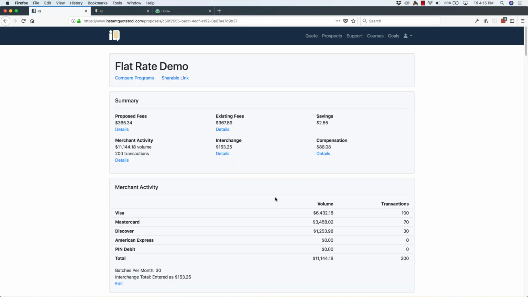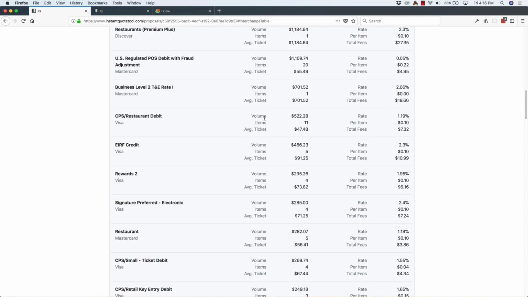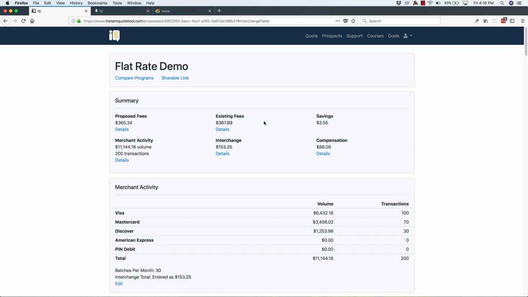Now, that's going to do two things. Number one, it's going to update the interchange number here and remove the word estimated. So you now know, okay, for this proposal I actually put in the interchange amount. So that's an accurate interchange amount for sure, because I entered it right from the statement. The second thing, just as interesting, if we click on details here, it has now actually updated the interchange table. An algorithm ran again, and it created the most statistically probable interchange table to match the number